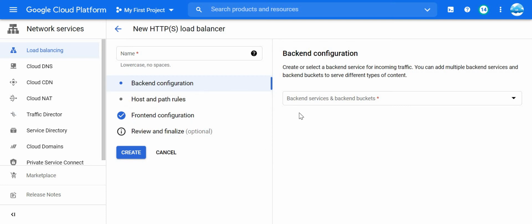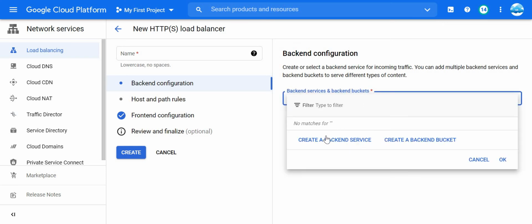And here now you have steps. So very first is backend configuration. So what is backend configuration? Basically at the backend, which all instances will be there, what are the instance groups. You need to define all those things. As I said, suppose you have 4 instances or 4 VMs for your application, then first step is you need to create the managed instance group. That you have created in advance, and as a backend we will provide that as an instance group.